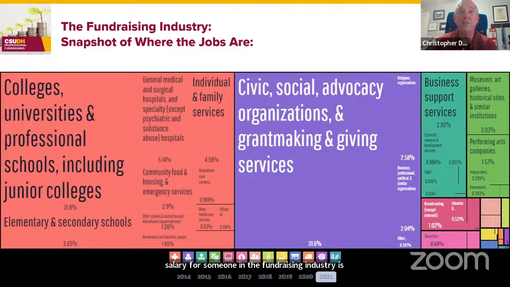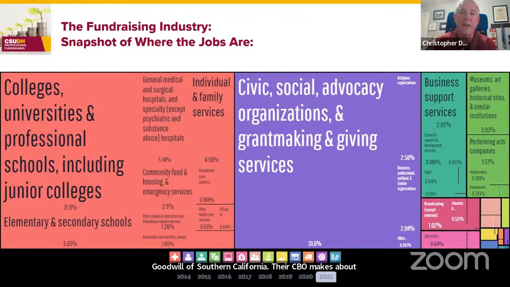There's a wide range of salaries based upon position, but here's a few examples at the top end for chief development officers. A chief development officer generally runs a department, a group of fundraisers, like a CEO is the chief executive officer. St. Jude's Children's Hospital, which you probably heard of before in Memphis, they're kind of all over the place. Their chief development officer is paid about $600,000. Goodwill of Southern California, their CDO makes about $300,000.